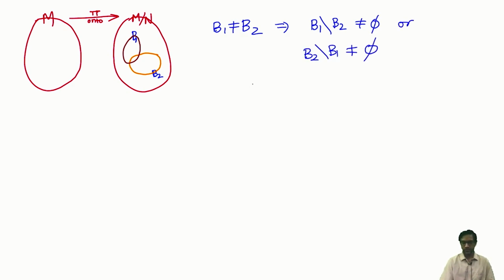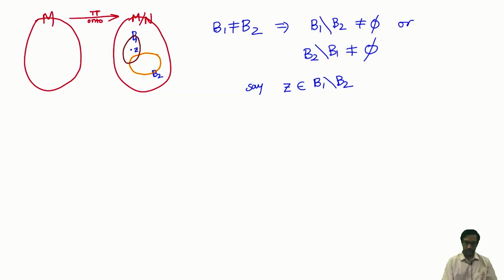Okay, so let's assume it's the former, say the first one. So let's pick an element x which is in B1 minus B2. Maybe not to confuse with the earlier x, let me call it z. So z is actually a coset in this example because it's an element of M mod N. So let's take z in B1 minus B2 and observe that, if z is here,